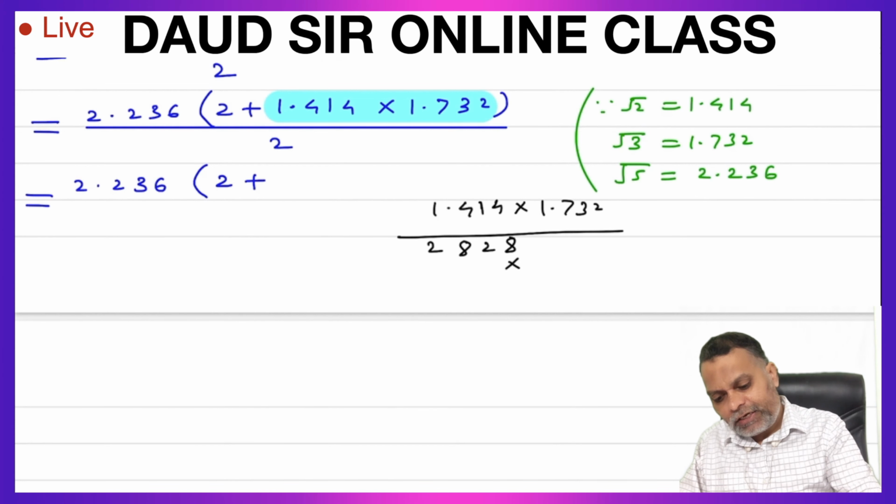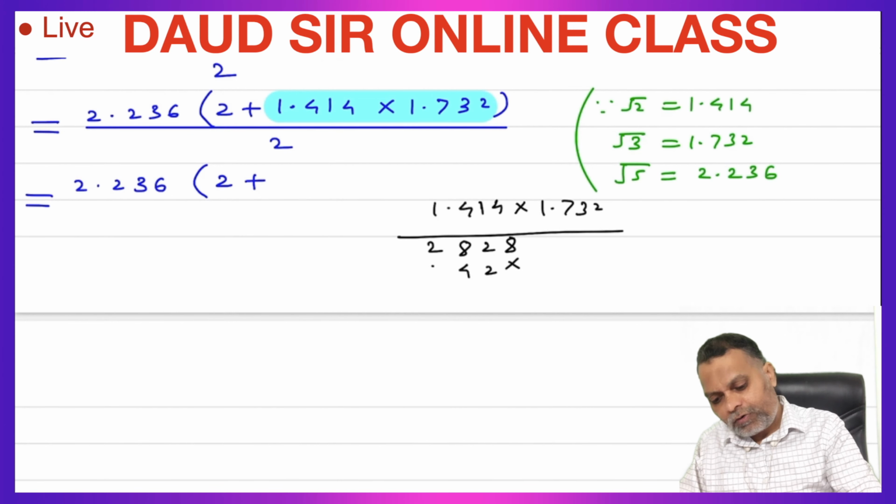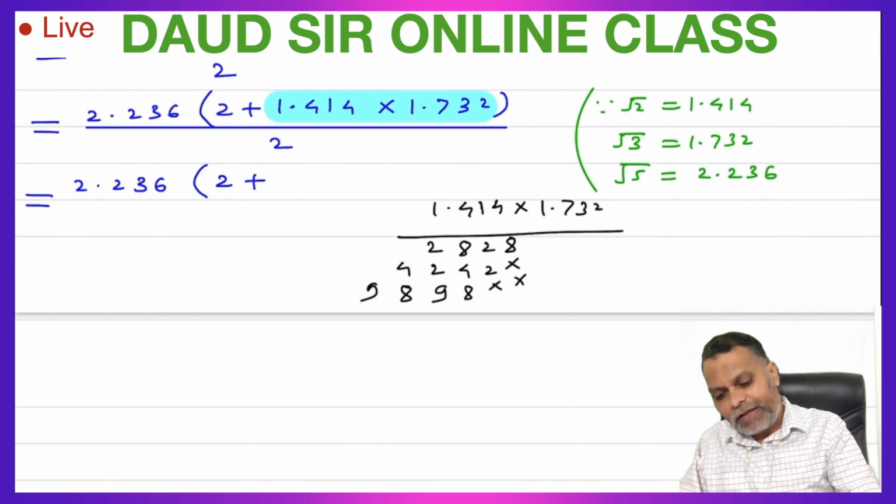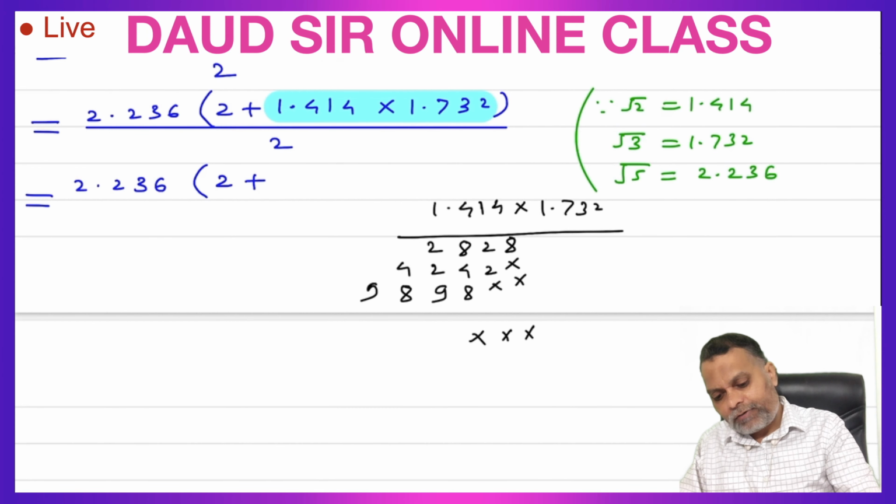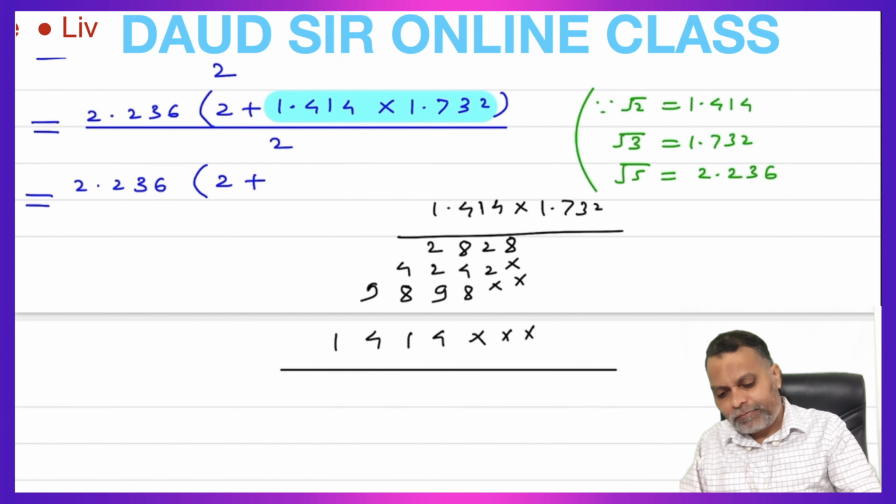Now multiply by 3, 3 4 are 12, 3 1 are 3 1 4, 3 4 are 12, 2 carry over 1, 3 1 are 3 1 4 and multiplying by 7, 7 4 are 28, carry over 2, 7 1 are 7 plus 2 9, 7 4 are 28, 8 carry over 2, 7 1 are 7 2 9 and multiplying by 1. So 4 1 4 1. Add them,